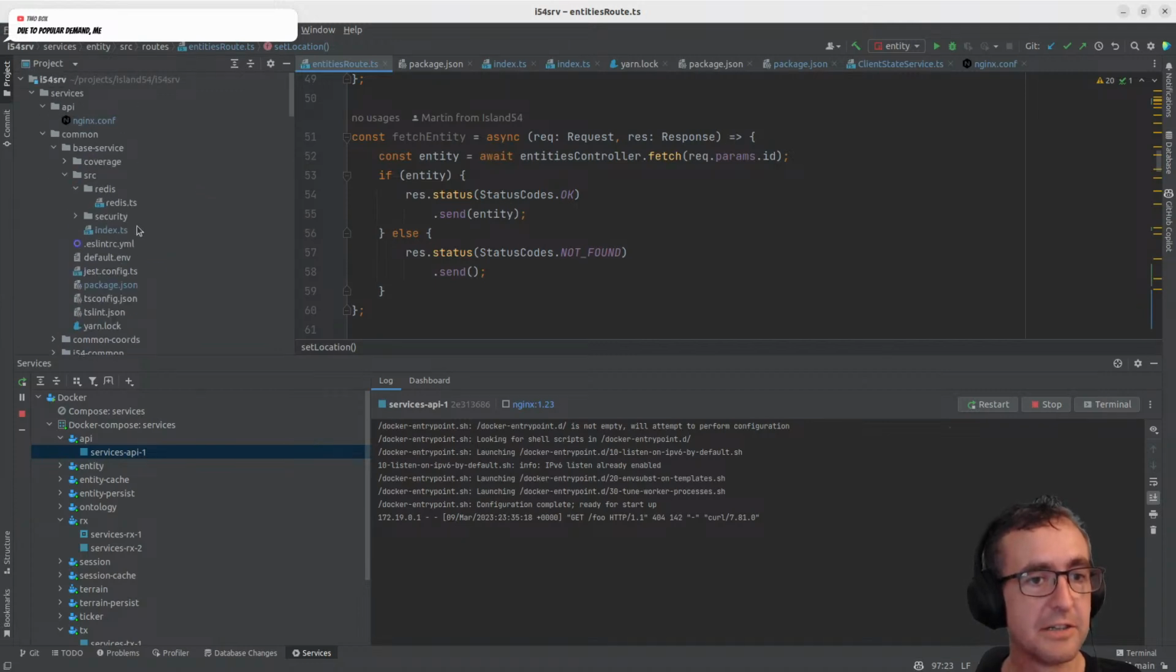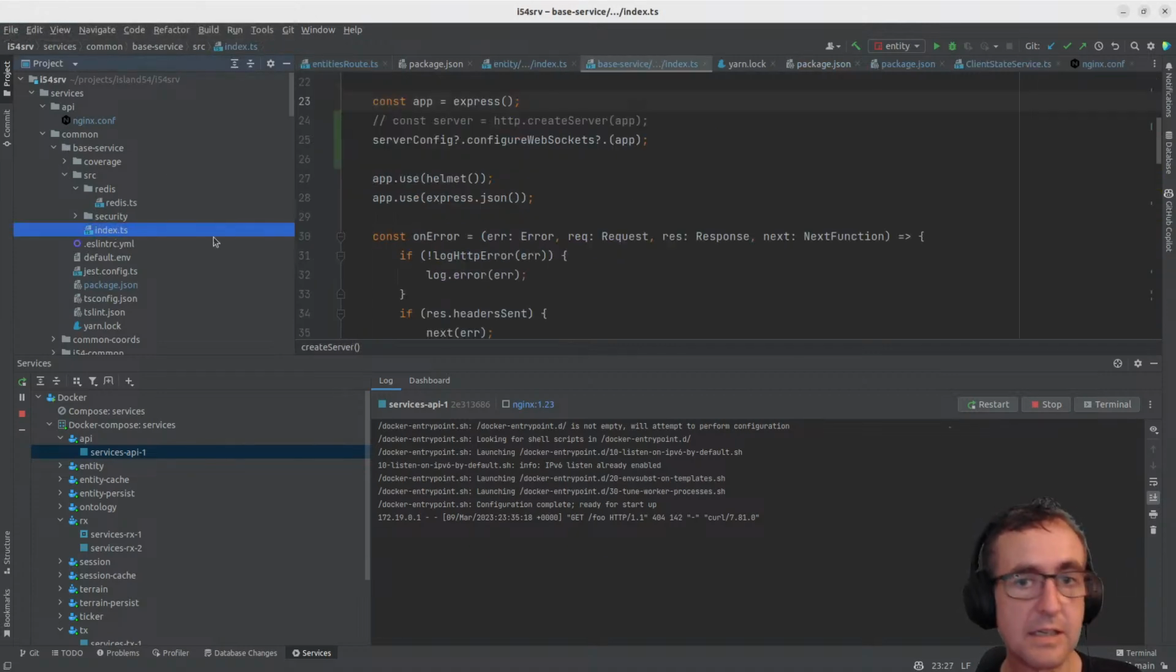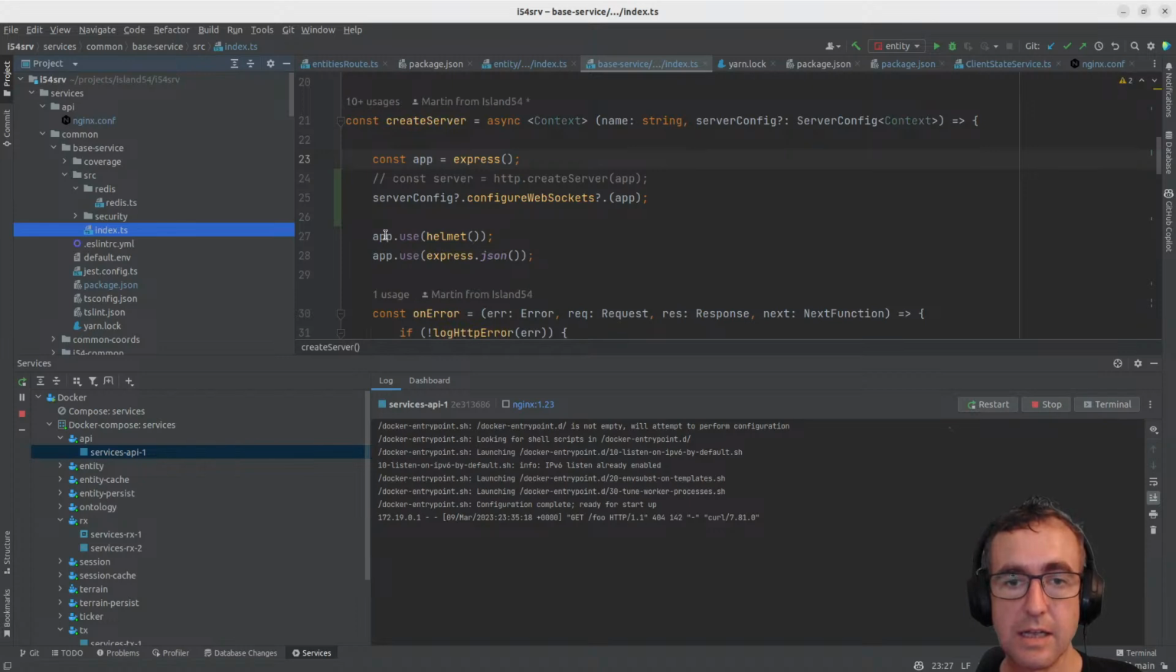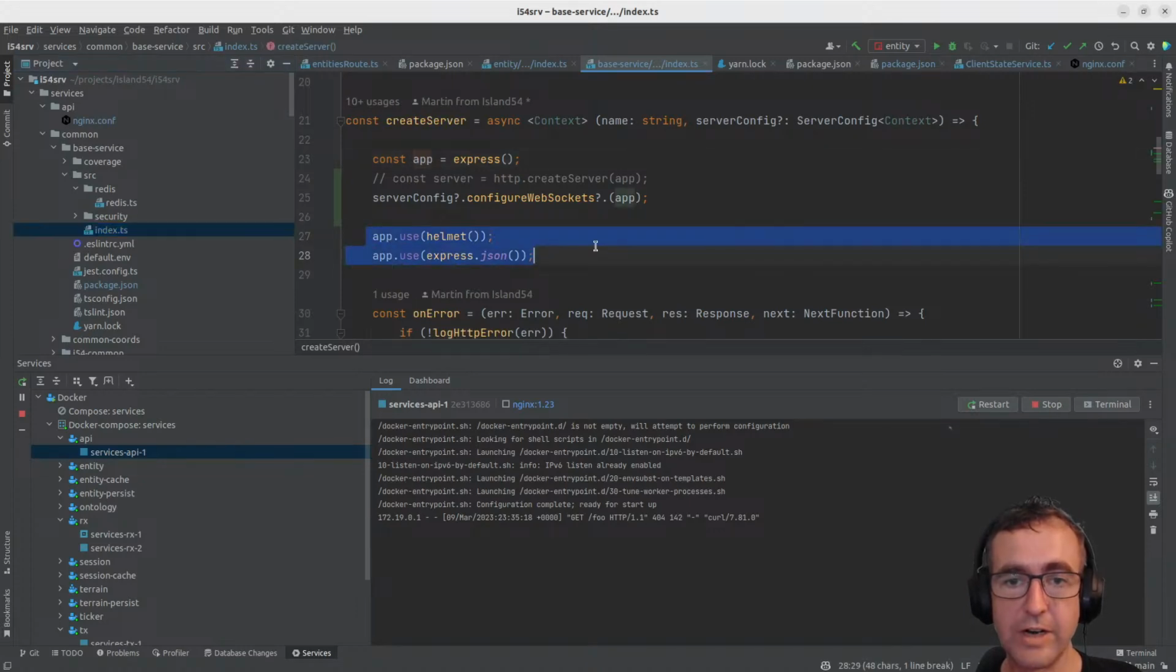So how much of the configuration can I disable? I don't want to spend too long disabling configuration because I'm likely to run into problems with inter-service dependencies. For example, if I turn off Helmet,